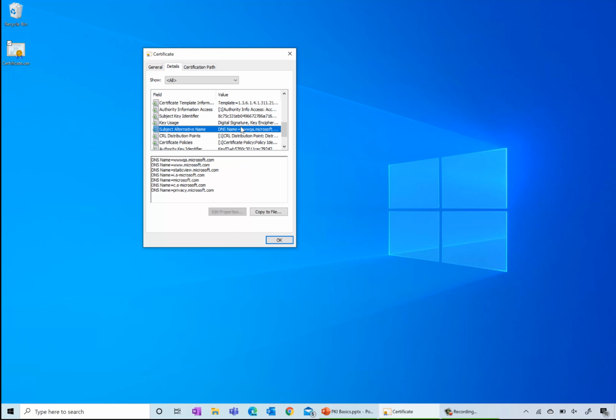Subject alternative name. So this is another place where you can store identity information. So you see there are several identities here. So this certificate can be put on any web server that's representing any of these identities. So we see quite a few listed here. But earlier we saw that the subject had